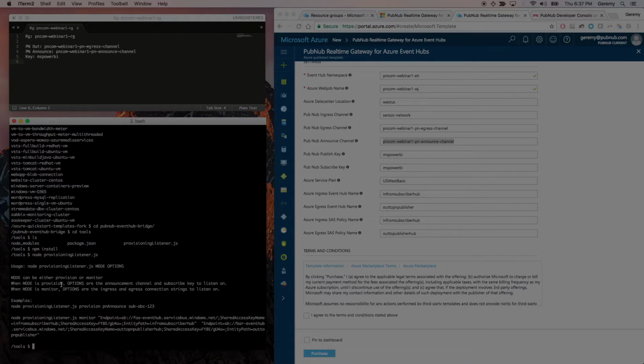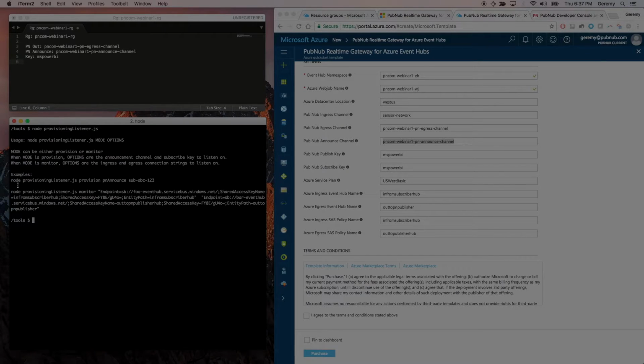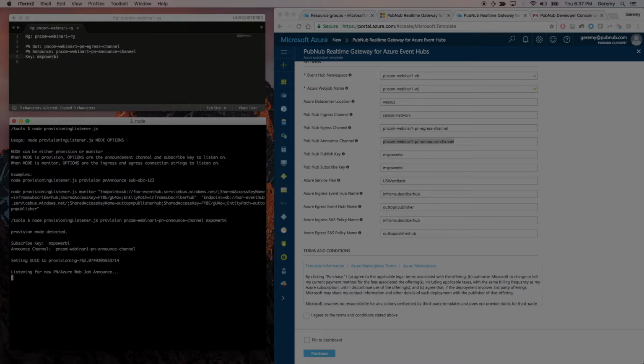We're going to want to run this in provision mode. So let's go ahead and run provisioning listener provision. We're going to pass it the PubNub announce channel, which we jotted down earlier here. And then after the channel name, we want the subscribe key that this data is going to come in on, which we also jotted down here. Now when we hit enter, the script is going to go ahead and listen for that Event Hub configuration announcement